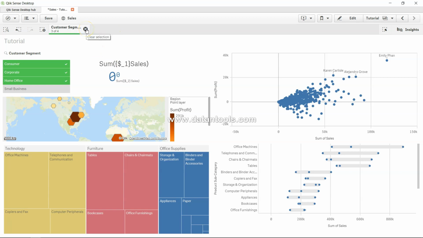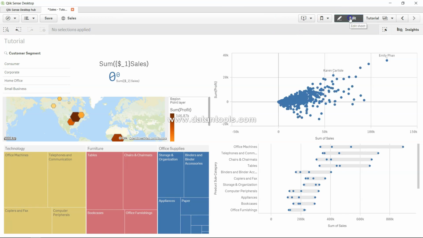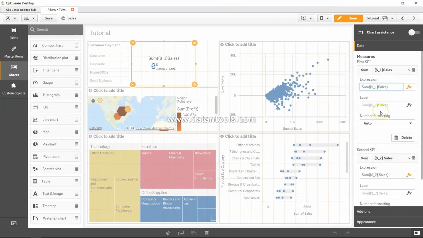Now let's go ahead and see this in action. I will close this and click on edit, and here I will remove this thing. This is in a default state, 14.92, and here I will specify the BM01, the bookmark that we created. For this expression, the second expression right now, if you see it is 0, it should show you what selection we made based on the output in terms of sum of sales. So if I click on tab, you will see 12.13 million. If I click on done,